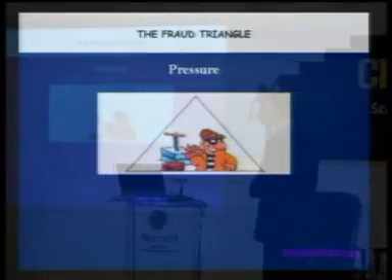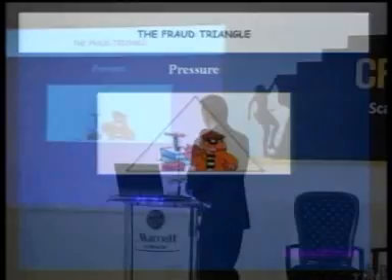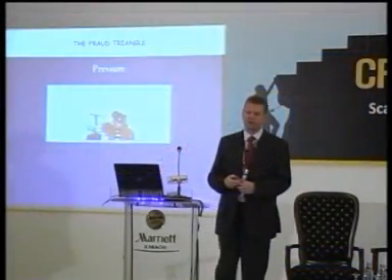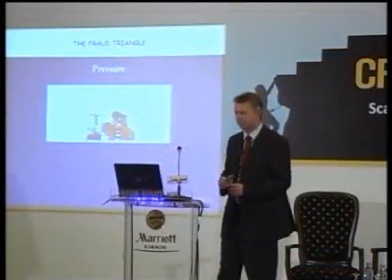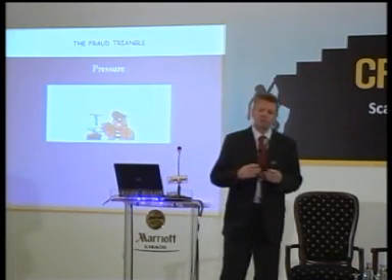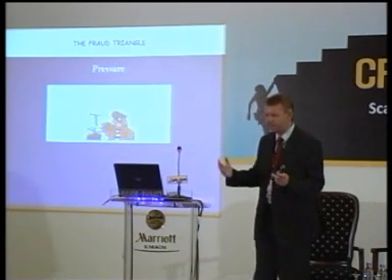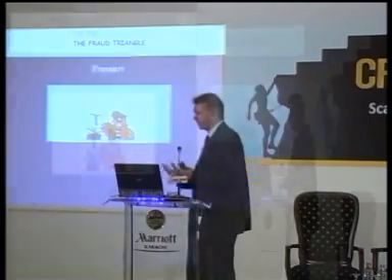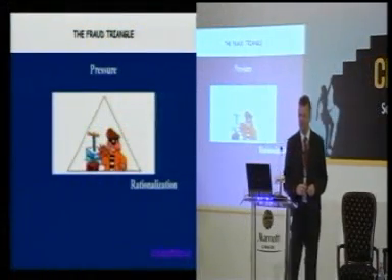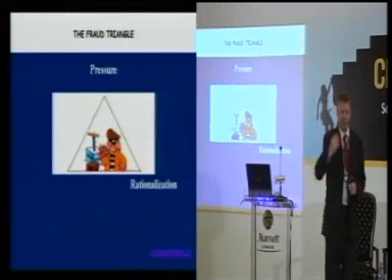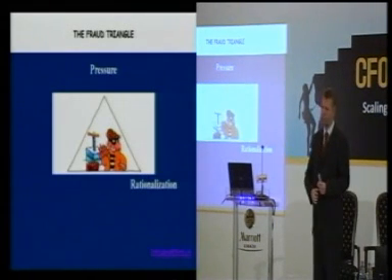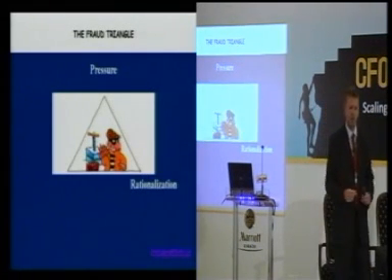There are 3 corners to a triangle. If there is pressure surrounding a situation or a person, it increases risk of fraud. Pressure is the school fees need paying. The wife needs treatment in hospital. They don't have the money. There is pressure. Rationalization is a thought process. If the individual comes to your meetings and is late,